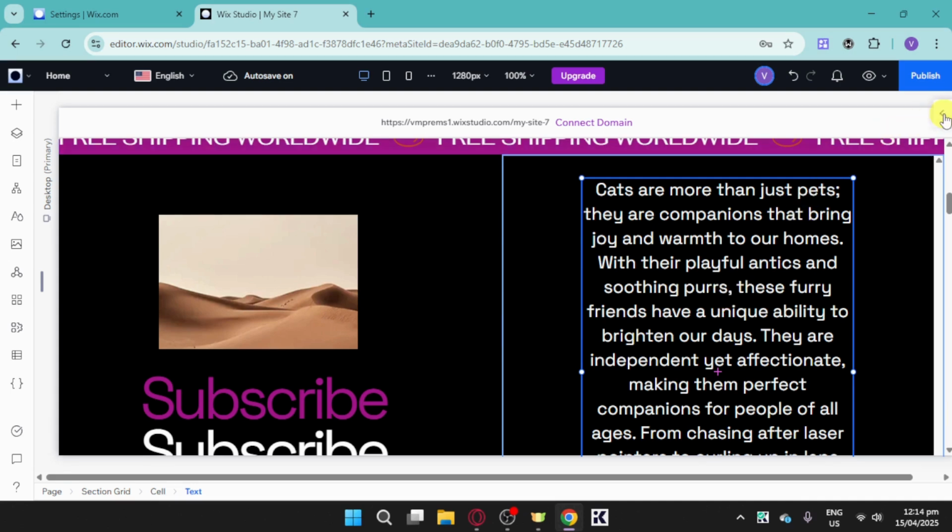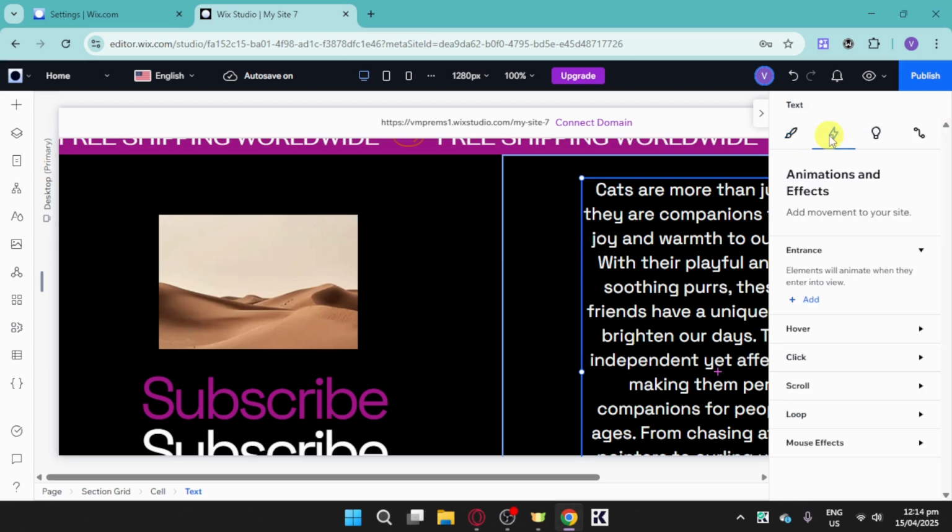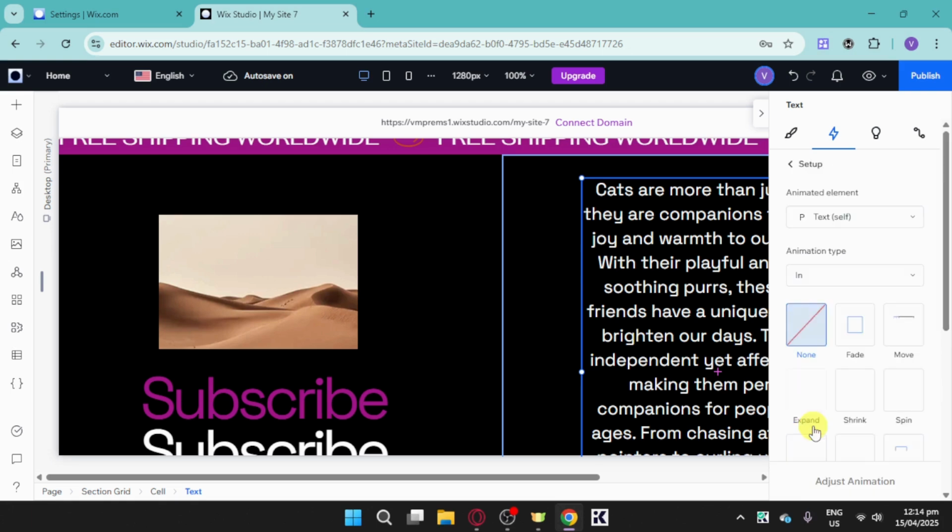Then after that, just click onto this inspector icon right here. And from in there, click onto this animation and effects option. Under the animations and effects, we have in here the scroll option. Expand it and then click onto this add and then choose in here first the actual animation type for that